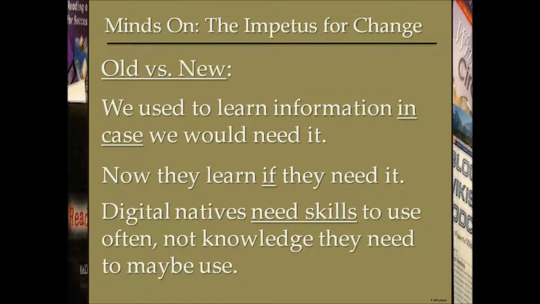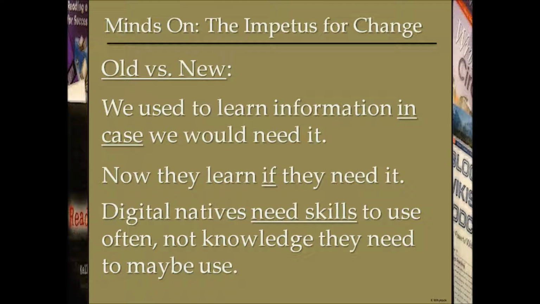Old versus new. We used to learn information in case we would need it. We didn't always have access to information. When I was learning topics in school, if I really liked what the teacher was talking about, what could I do when I got home? I could dig out an old set of encyclopedias that were out of date and probably had an American bias, because I was living in Canada. And I could maybe go to the town library if it was open and